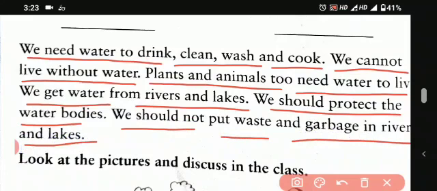So students, we should not throw any garbage or other dirty things in the water, because we need water for drinking, cleaning, washing and cooking. Plants and animals also need water.